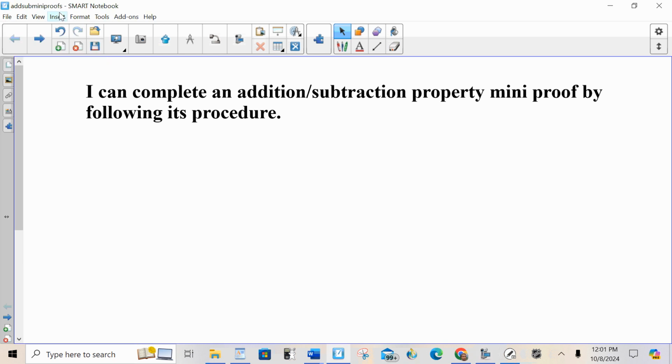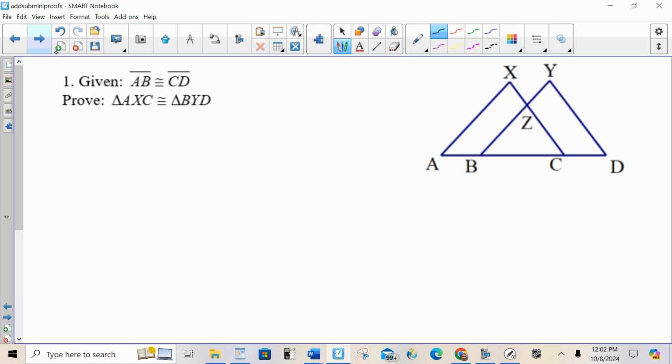Hello everybody, very important lesson. I can complete an addition subtraction property mini proof by following its procedure. This is not a simple lesson by any means, but it is very important. It's very commonly asked. If you're going to master proofs, you definitely need to know how to do addition subtraction